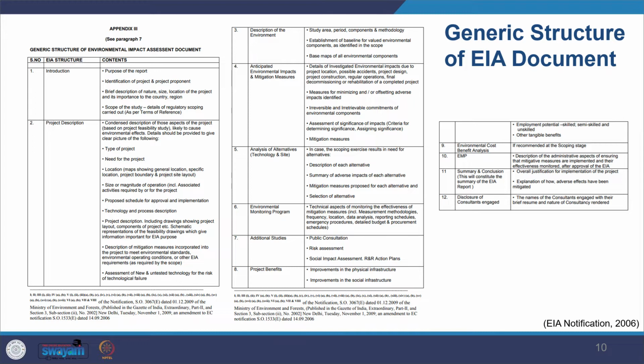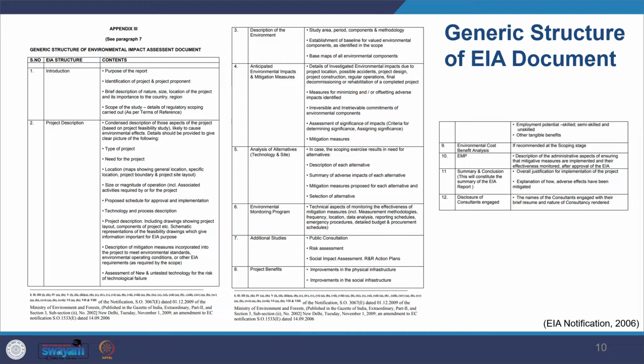So now looking at point number 5, analysis of alternatives. So you discuss not just that site or that particular design, but you also discuss the change in technology and change in the site. You review that you have not only looked at that particular site, but you have looked at alternative sites as well, and you have also explored various technologies which are available, and based on that you have chosen the optimal option.